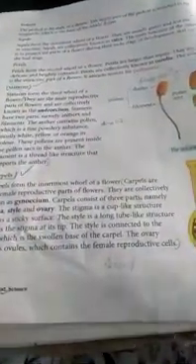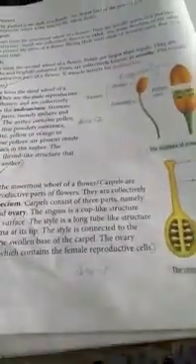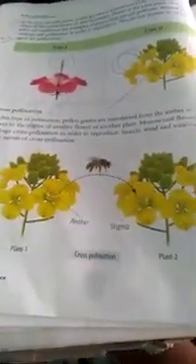So class, in this video we have studied the parts of a flower with the structure: pedicels, sepals, petals, stamens and carpels. ठीक है. Female is called gynoecium, male is called androecium. In the second lecture we are going to study types of flowers, monosexual and bisexual, and then further we will study self-pollination and cross-pollination, and agents of pollination.